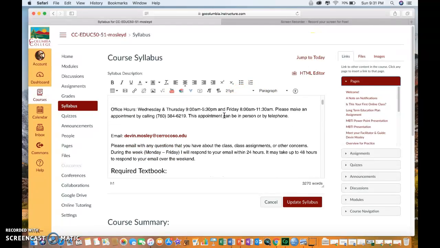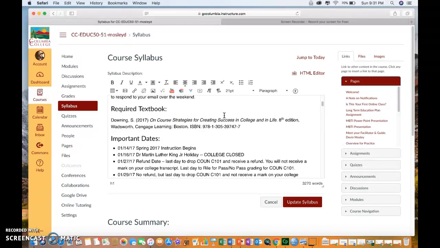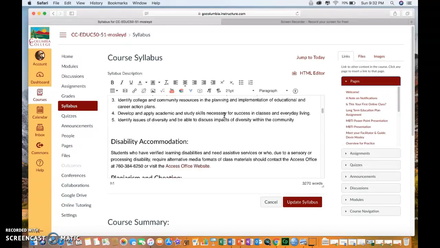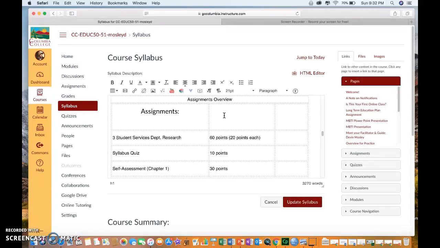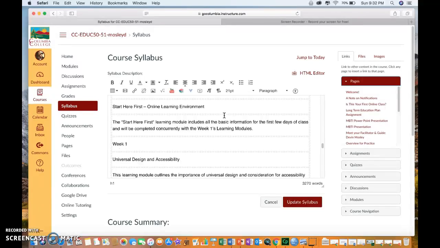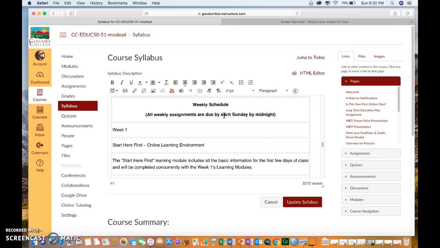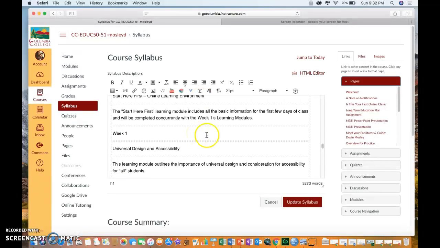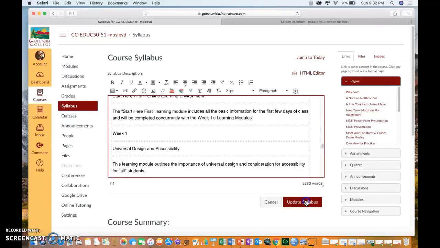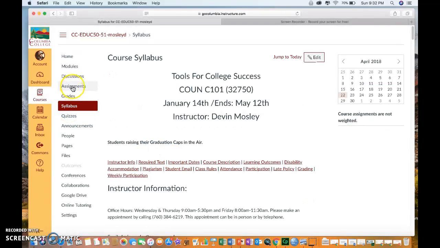But basically, I'm just overviewing everything for the course, the books needed, the dates, and I left in the example weekly schedule because my actual tables for my weekly schedule are so messed up that it's impossible to fix at this point. I just have to start from scratch. But anyways, that is the syllabus. And then if we go back to the modules,